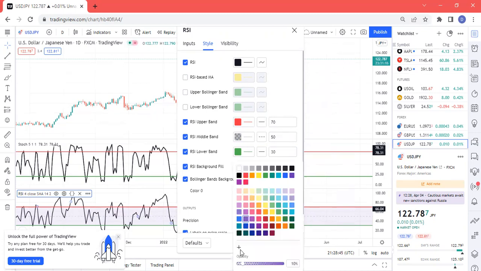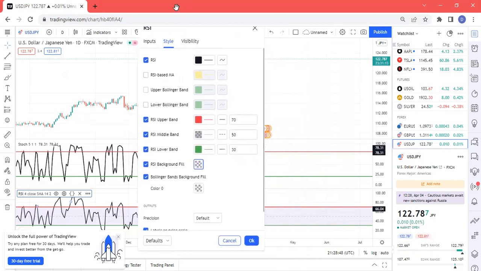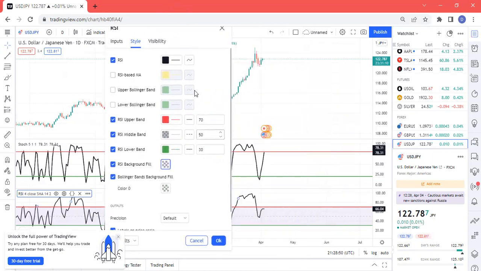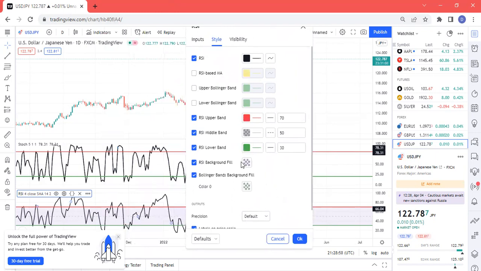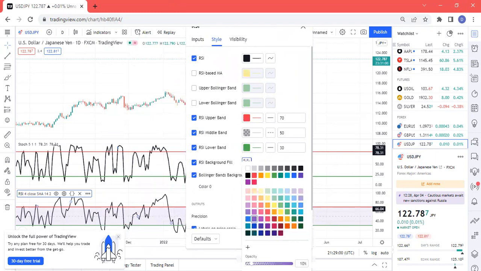I don't like to use background. So what will I do? I'll just come here and leave it white, and I'll draw this white to the least,